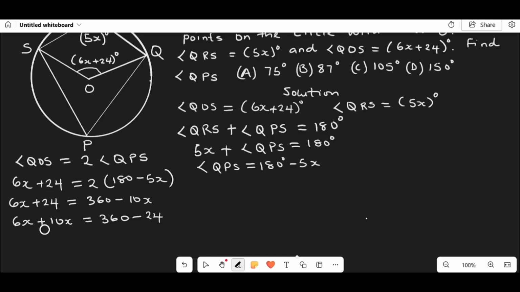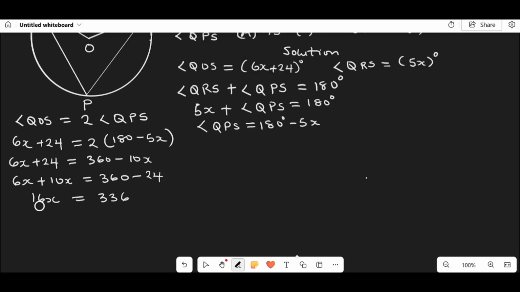So 6x plus 10x will give us 16x, equal to 360 minus 24 is going to give us 336. To calculate the value of x, let us divide both sides by 16. 16x divided by 16 equal to 336 divided by 16. 16x divided by 16 will give us x equal to